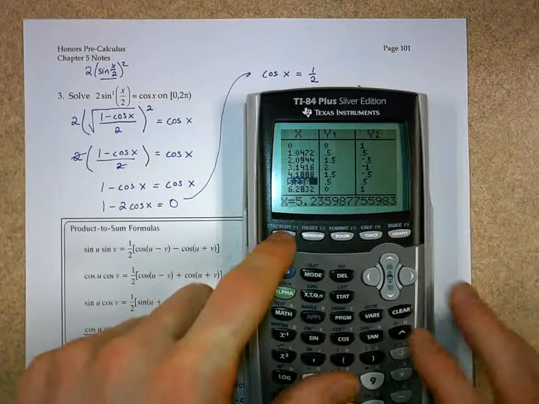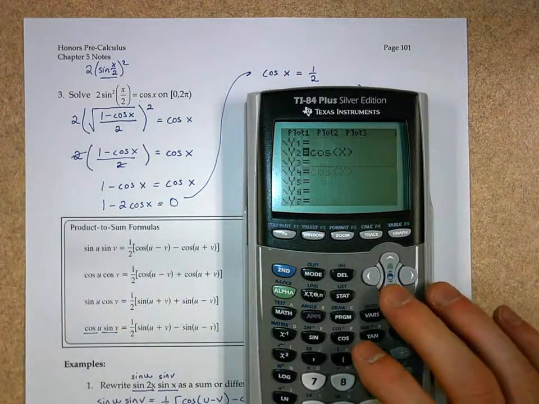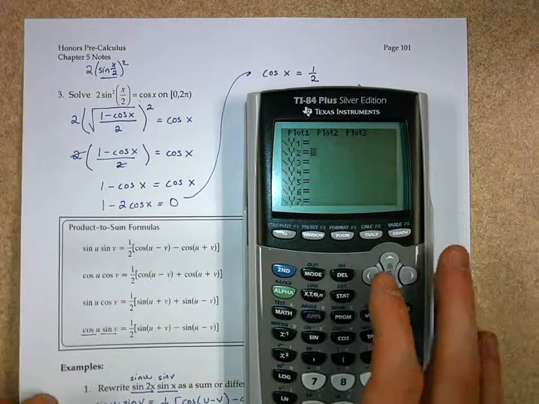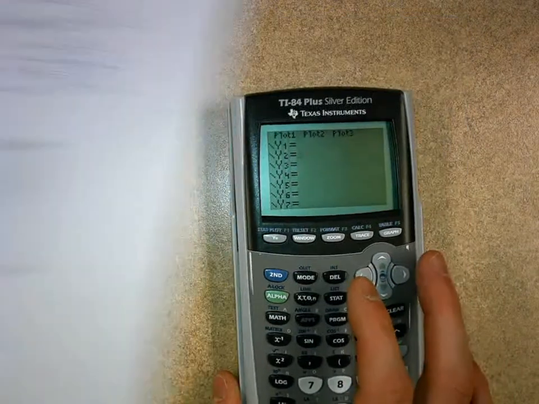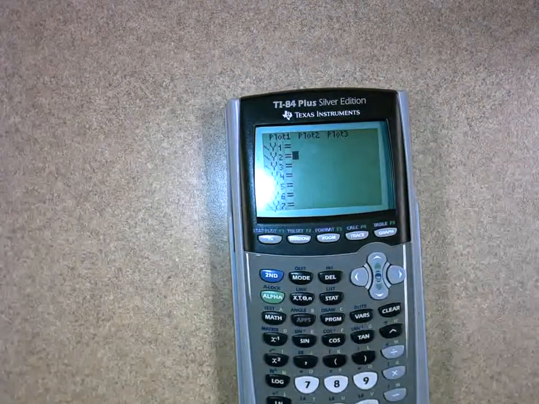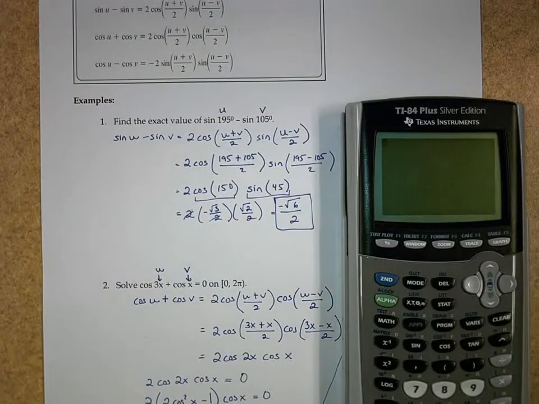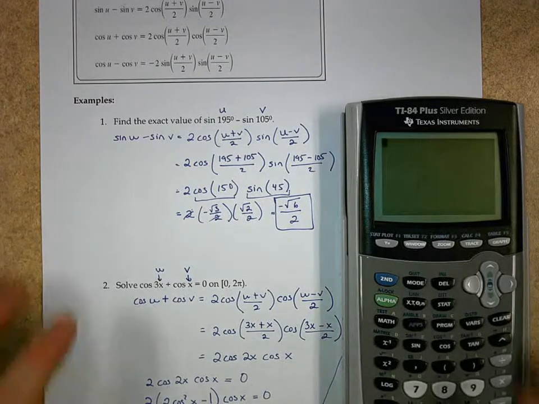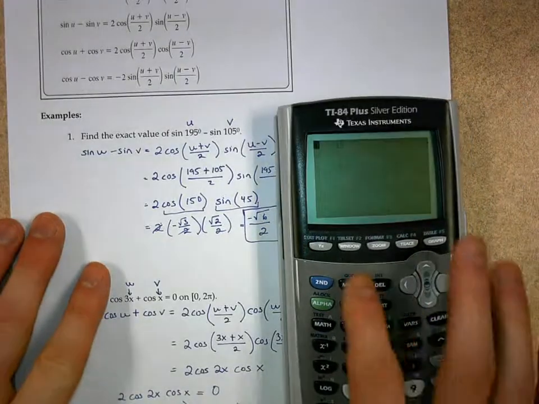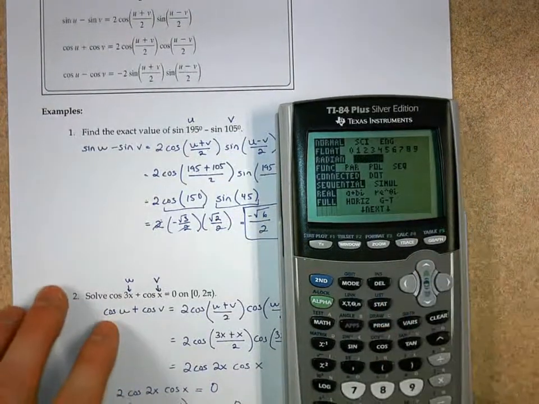Let's look at one other type of problem that isn't a graphing problem, but rather a simplification problem. And this one comes from our sum to product formulas. The very first one here. Find the exact value of the sine of 195 minus the sine of 105. Well, since we're in degree mode, let's go to degree mode